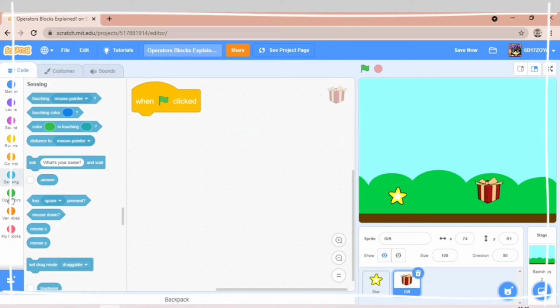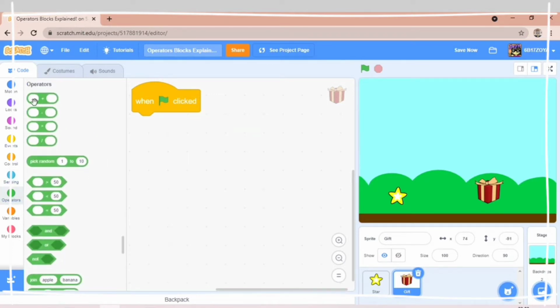So now let's move on to the operators block. The first one is the value written over here plus the following value. Like I write over here 15 plus 15. So 15 plus 15, 30. We can click over here and see, and we got this.